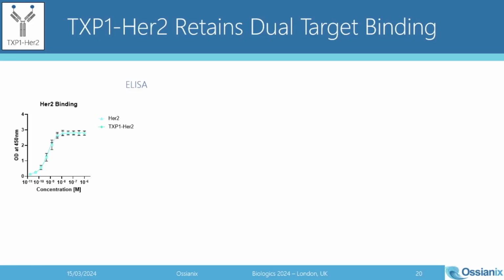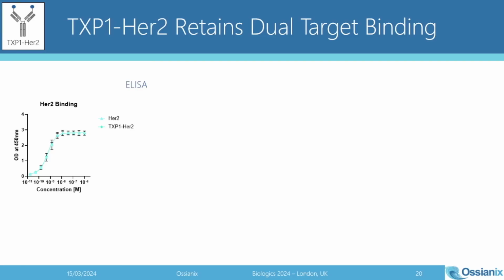Other formats are, of course, possible, and we're working with that. Some are better, some are worse, but this is one of those formats that we like to start with. And in terms of HER2, you can see that fusion of TXP1 to the N-terminal end of the heavy chain